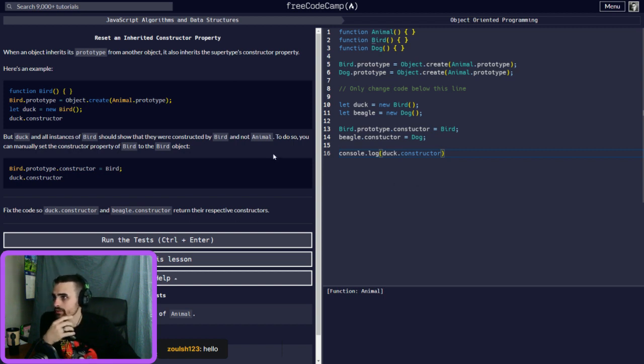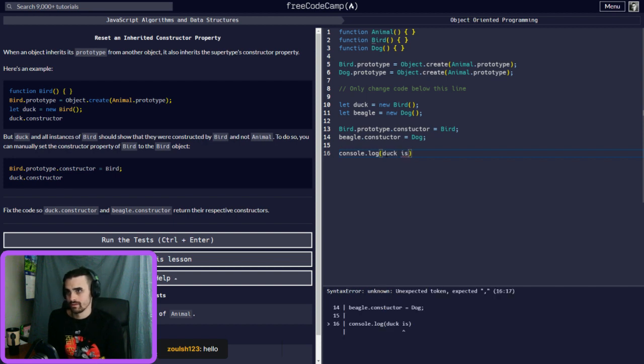So birds should show that they were constructed by bird and not animal. Would this be true? Then I could just do duck is instance.